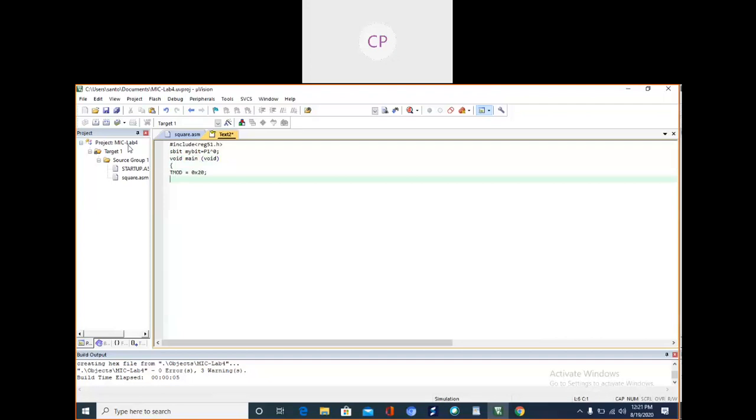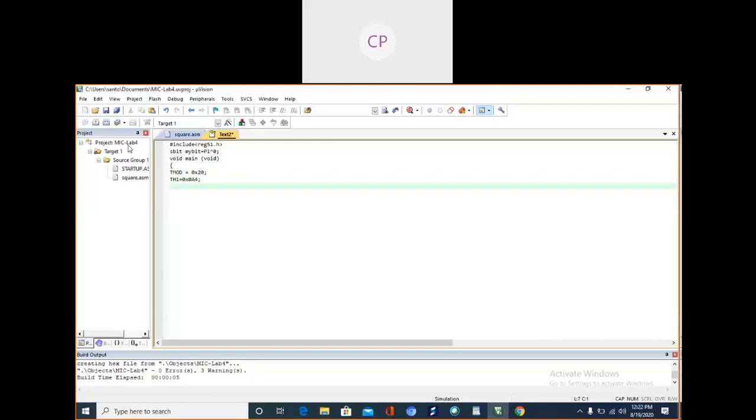Then TH1 is equal to 0xA4, right? Then I will start timer 1.